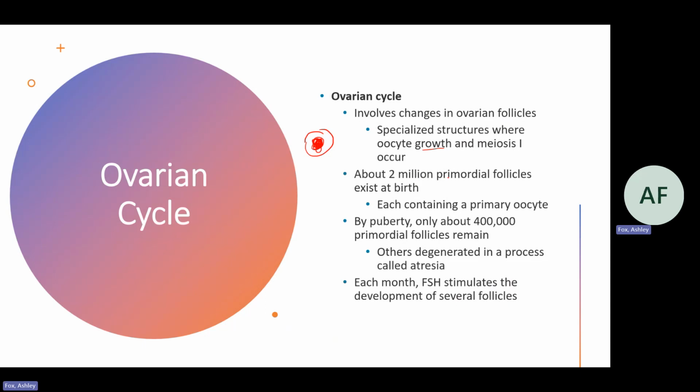When we're not in puberty and we have primary oocytes, it's called a primordial follicle. About 2 million of them have been produced through mitosis. By puberty, only about 400,000 primordial follicles are still around, because a lot of times they just break down, and that's called atresia. Each month after puberty,